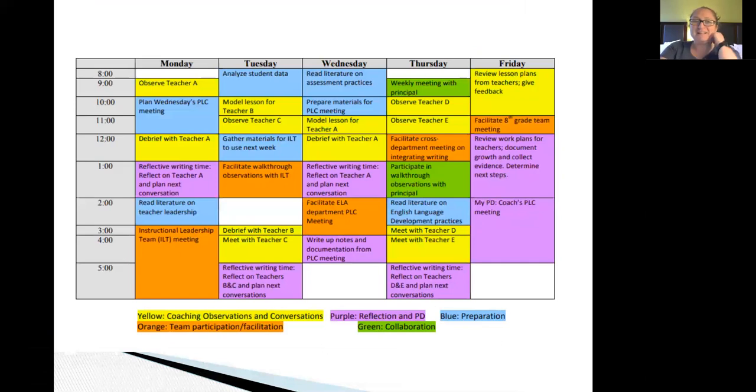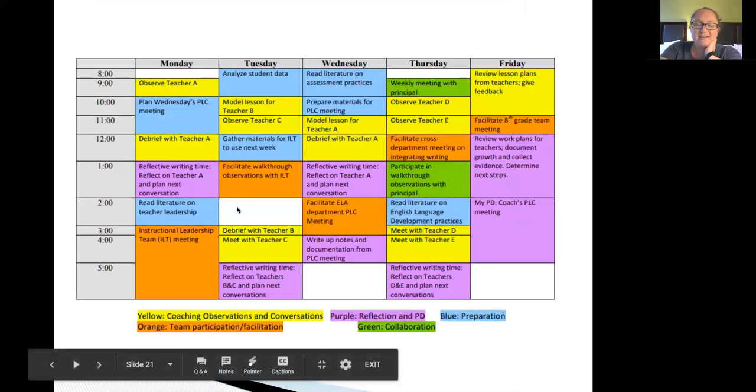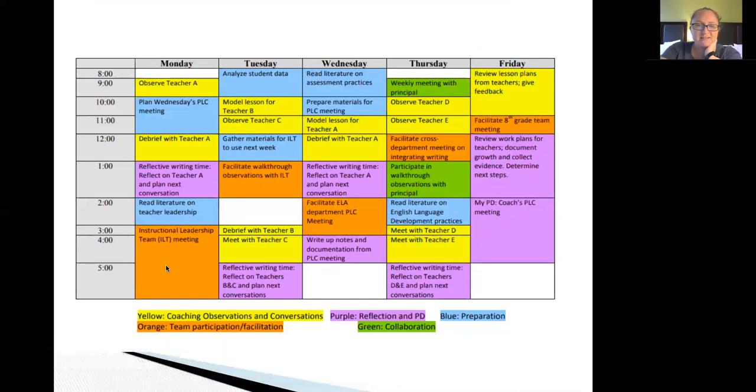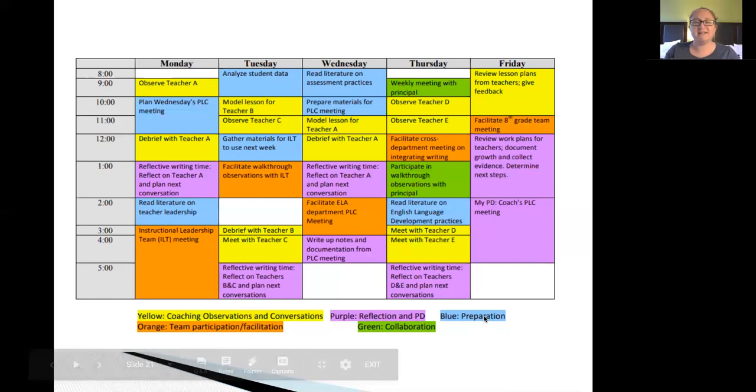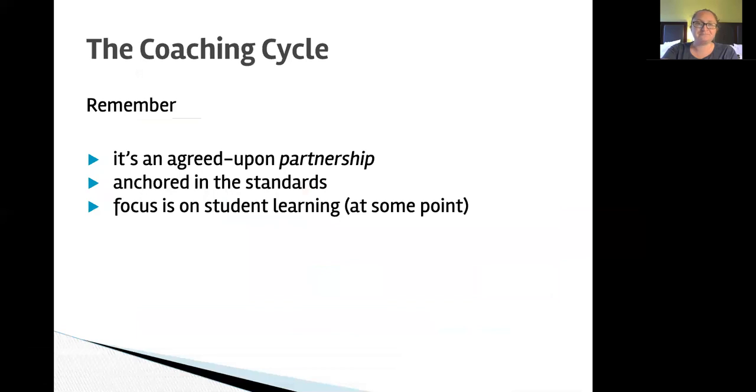Very often this is what my schedule looked like, because I worked with so many different teachers, but you can see, not that you would necessarily want to use that, but in a day, you can see the different kinds of tasks that you would do. You would observe, you would facilitate a team meeting or just participate. You might reflect, you might do some PD, you might collaborate. You have to do your own preparation. You have to have time to do all of those things. So this is a nice snapshot of what potentially your own day could look like, just to give you an idea.